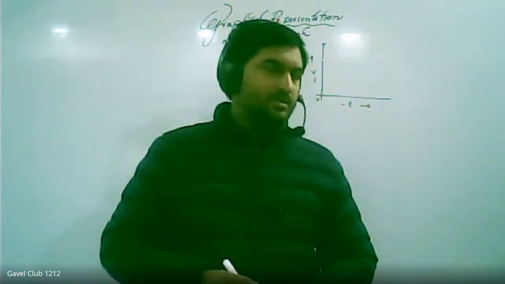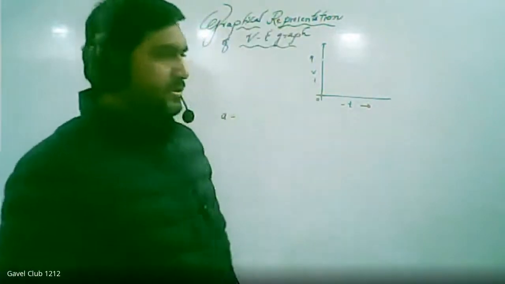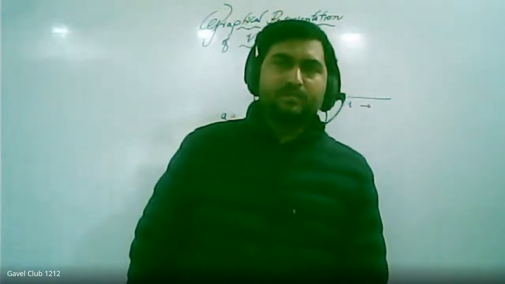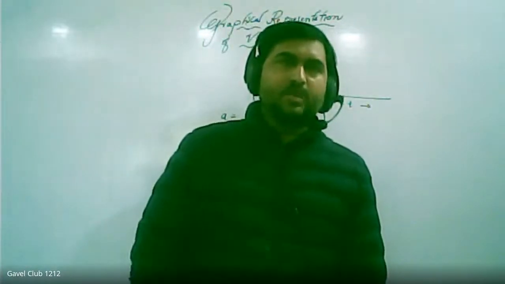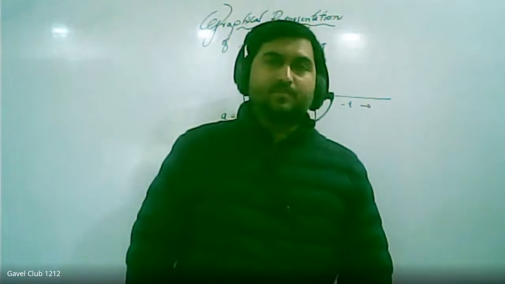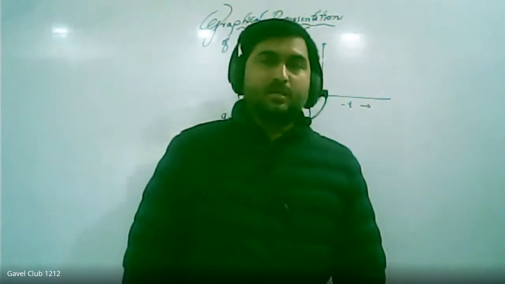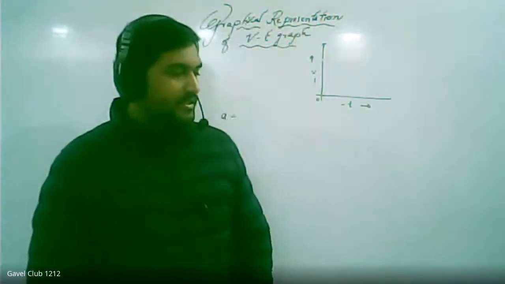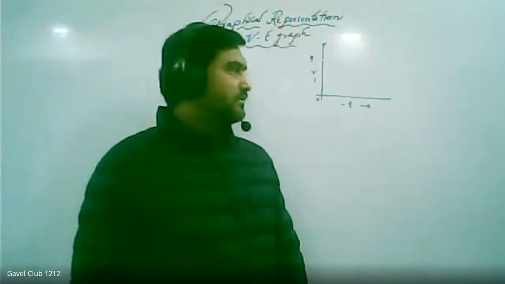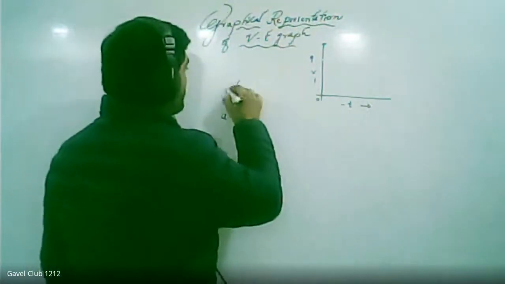So the velocity of the object will decrease until it becomes zero. Till it becomes zero, it will continuously decrease the speed. So a decrease in the velocity with respect to time is called deceleration. And deceleration is also called retardation. Okay, what is another name for this? It is also called